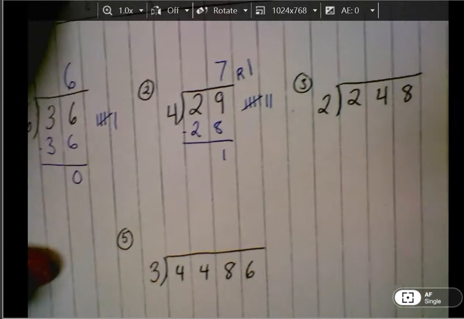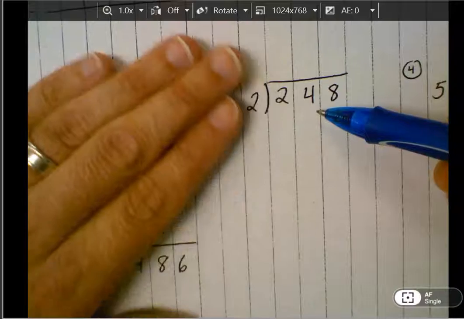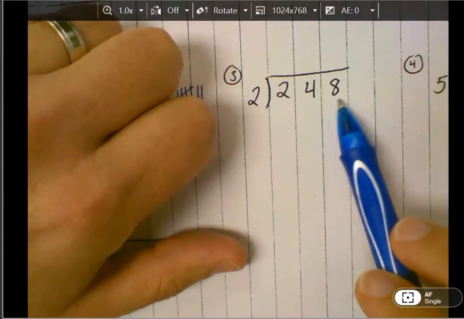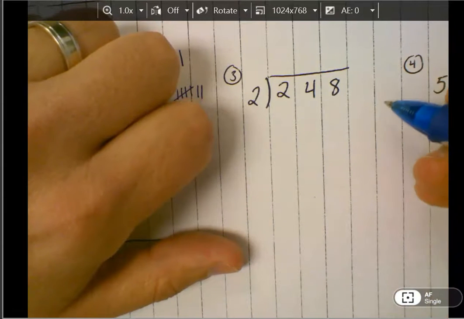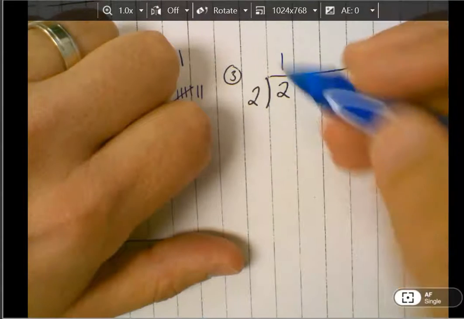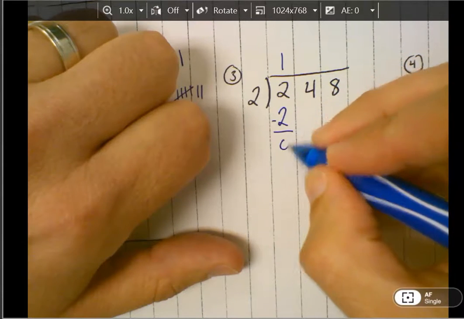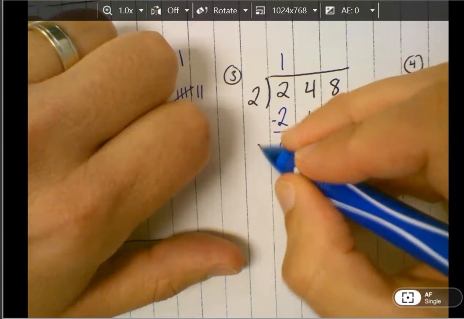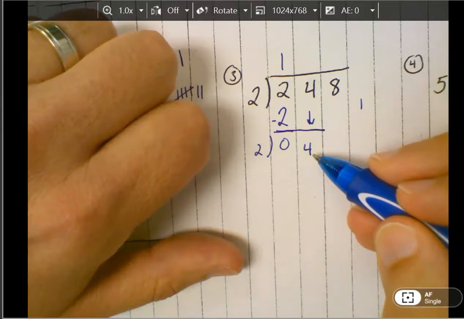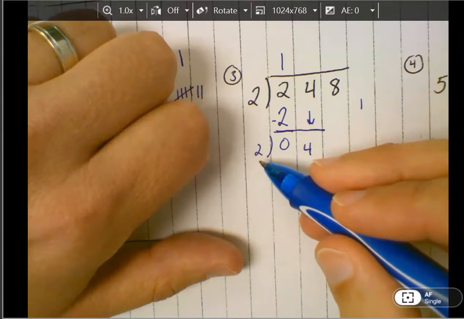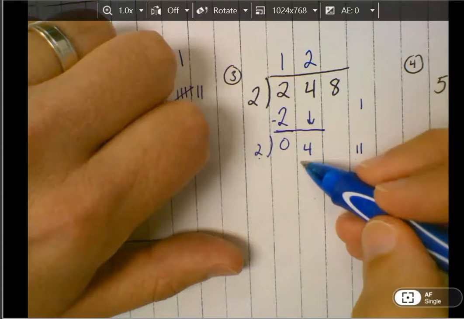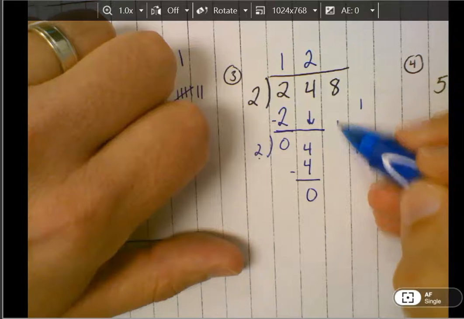Eventually, we went into a 3-digit dividend that looked like this, where each individual number in the hundreds, tens, and ones could be divided separately, and then you would repeat 3 times. 2 goes into 2, 1 time, 2 times 1 is 2, subtract, bring down, ask yourself, do I need to repeat, or is the 4 my remainder? And because the 4 is greater than my divisor of 2, I repeat. 2 goes into 4, 2 times. 2 times 2 is 4. Subtract, bring down,